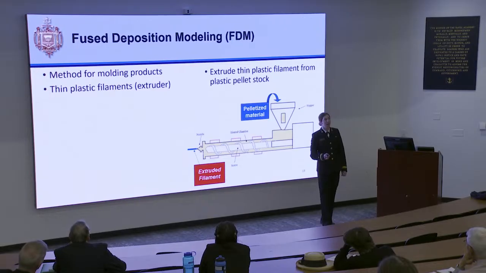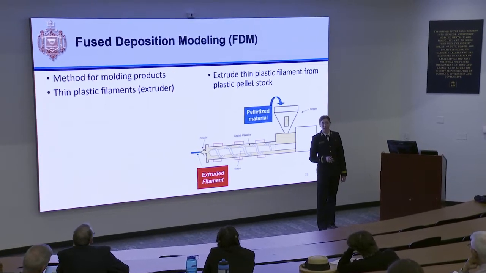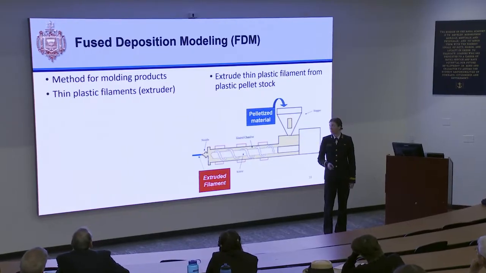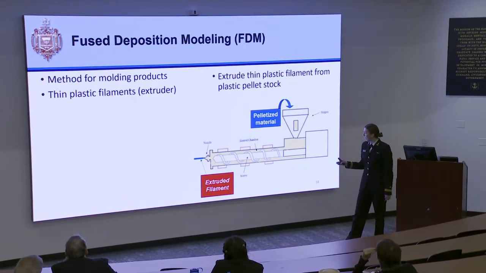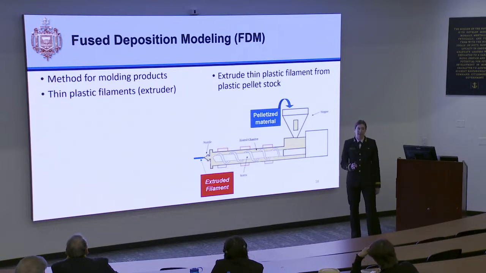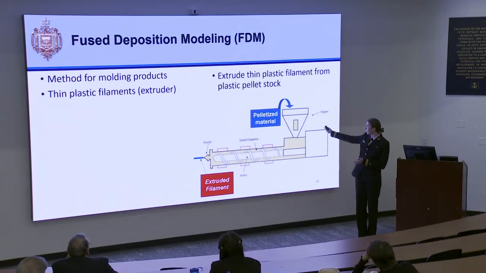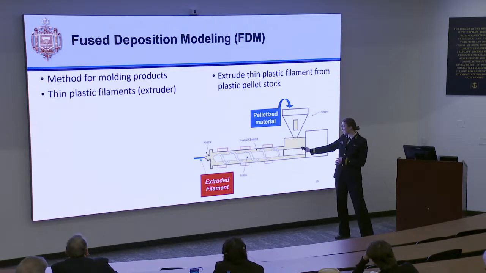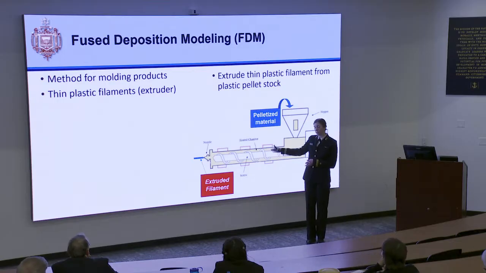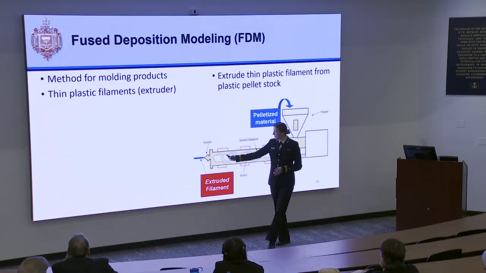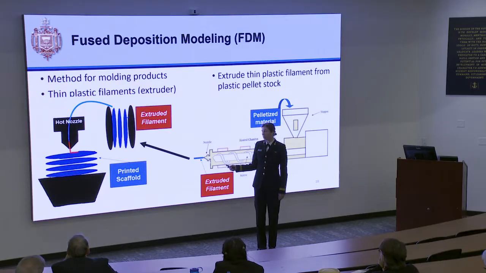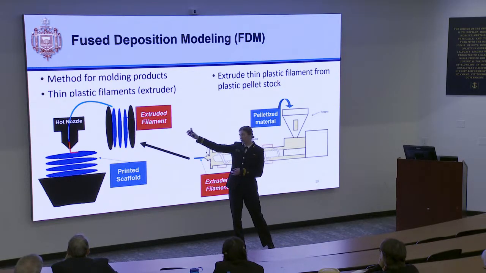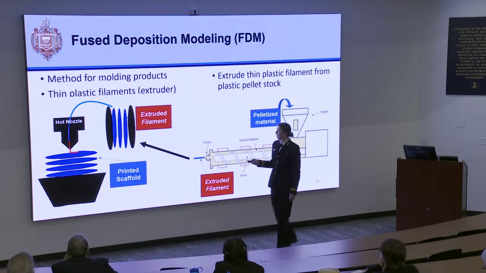The specific type of additive manufacturing that we use in this project is called fused deposition modeling, or FDM. In this method, we use a thin plastic filament to print. But first we need to make that filament. What this process looks like is we have our extruder, and in the form of pellets, the pellets will enter into this hopper, funnel down into a heated chamber, and then be pushed through the chamber by this revolving screw. The filament then exits the nozzle and is wound around a spool, which can then be fed into a hot nozzle to be 3D printed, where it's important that the original layer that goes down will solidify and coalesce before the next layer is added on top.